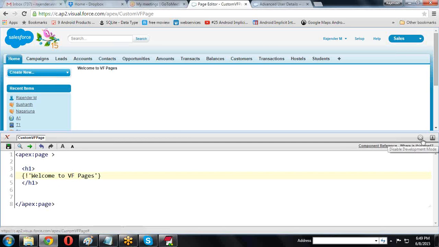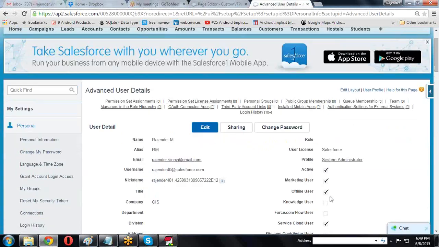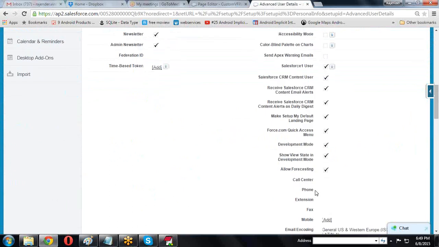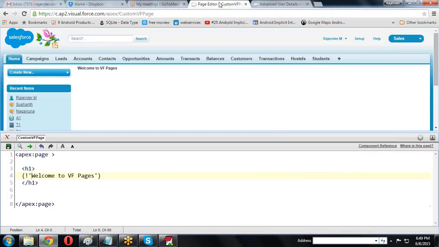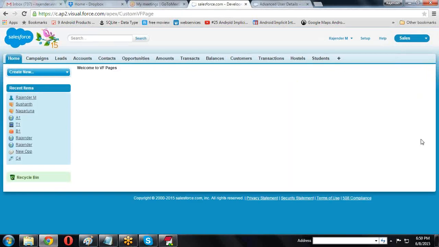Here we have one option, disable development mode. If I click this one, previously the development mode was enabled for these two. Whenever we use disabled mode, then that is disabled only.